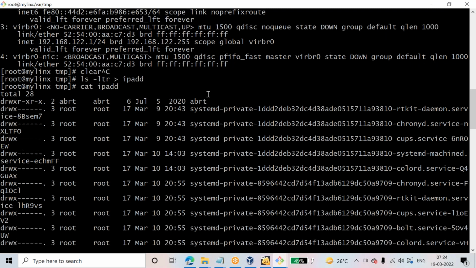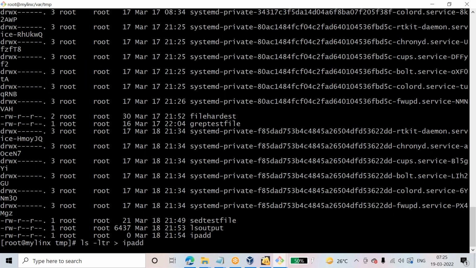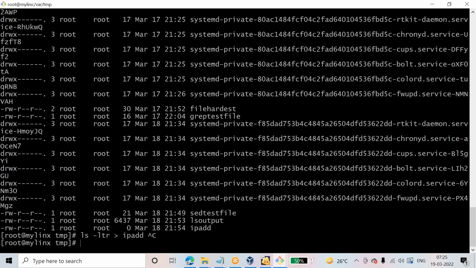I have already told you with cat: single greater than, it will enter the new data, double greater than, it will append the data. Same logic here also. If you use single greater than, it will vanish the original data, it will treat it as a fresh file. If you give double greater than, it will append. Same, I'm already having ls output in this, ipa double greater than,